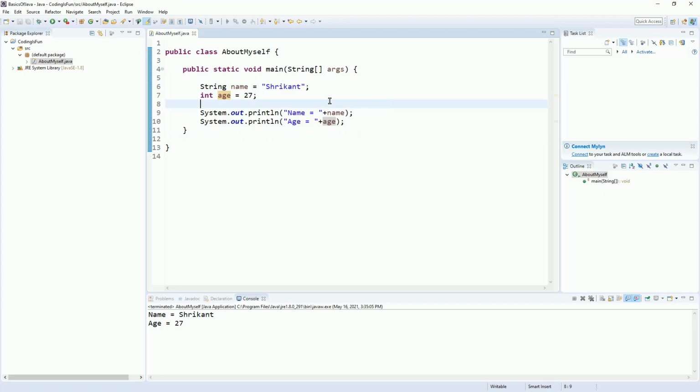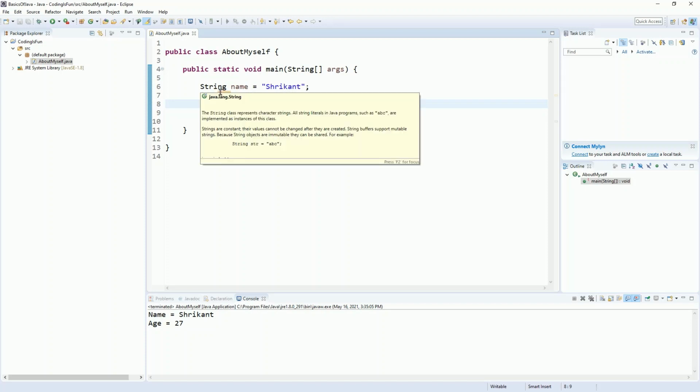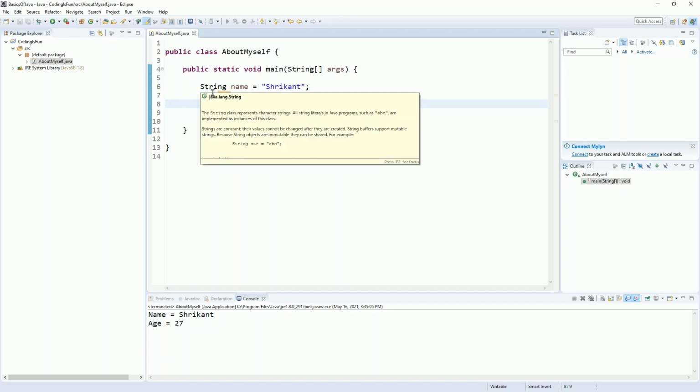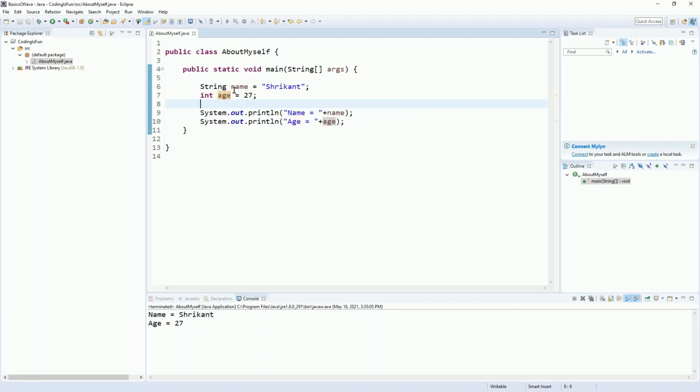But a very interesting fact, I think some of you know, or some don't know, the string is a non-primitive data type. If you hover your cursor on the screen, you can see that it is java.lang.String. Means that as you are creating name, it acts as an object of this String class. If you hover over int, you will see nothing.